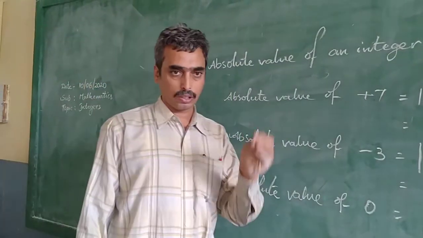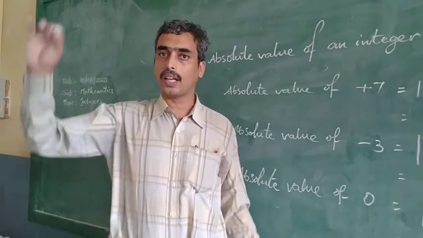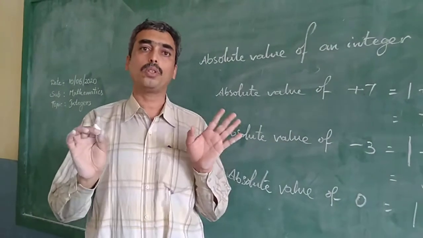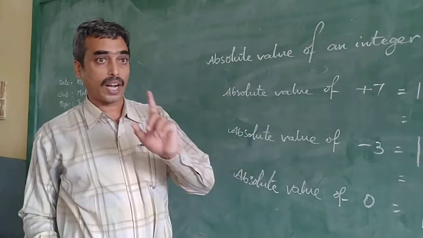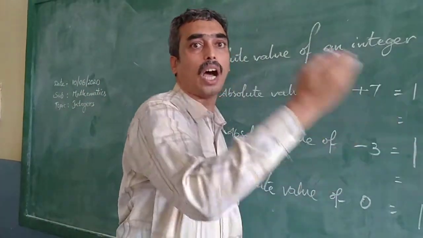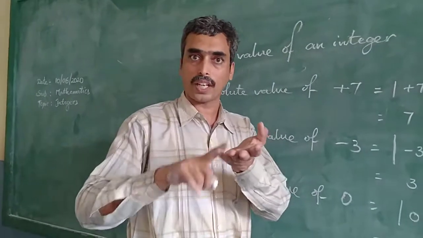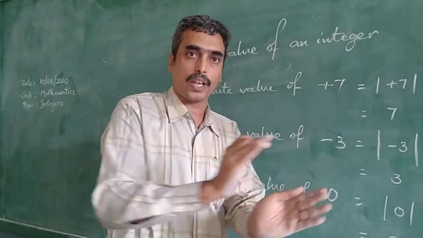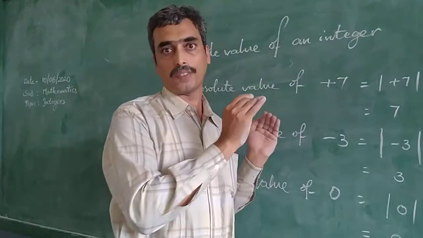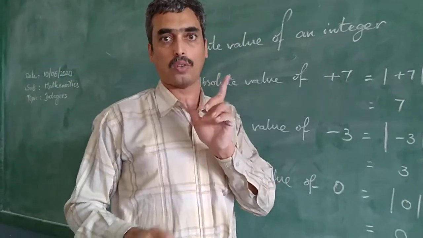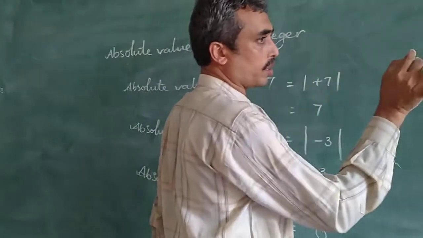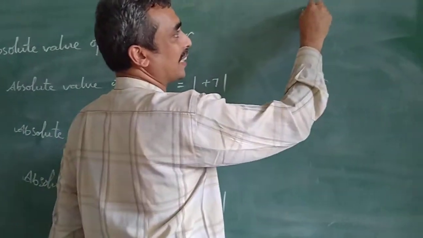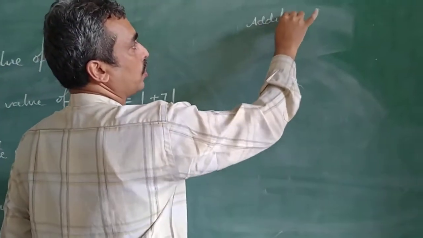If you are asked to write any integer on the number line, now you are able to understand how to place the numbers on the number line, and when you are asked to arrange the numbers in order also, you know what is the big number and what is the small number. In that way, you are able to place the integers in ascending order and descending order also. Now I will tell you a new concept: addition of integers.